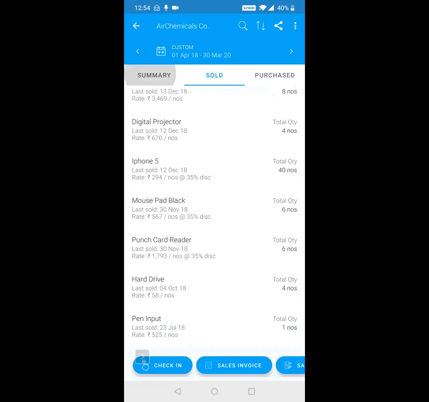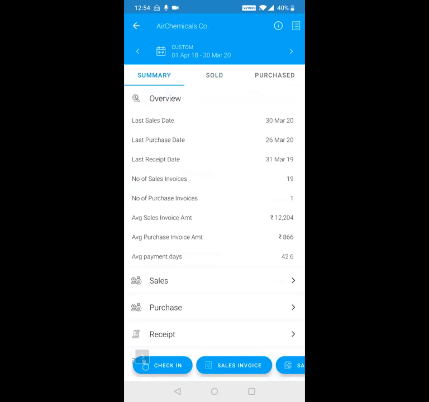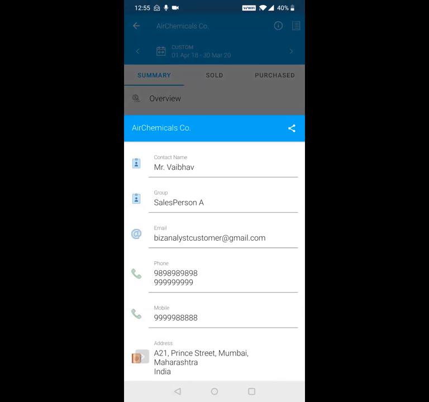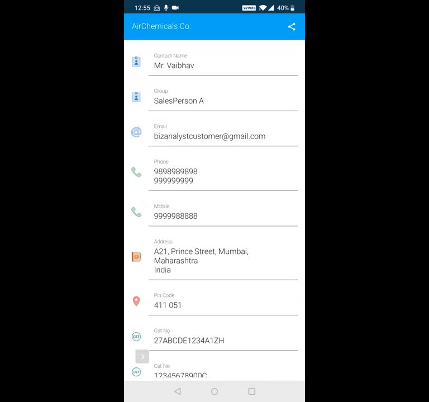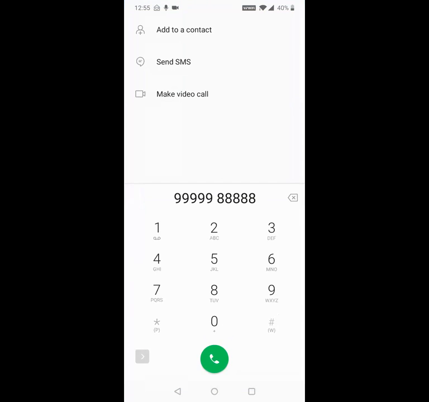Next, in the summary screen, there is an i button at the top. Whatever information you've stored in the Tally Master, you can get it here: address, email address, phone number, office address, GST number. If I want to call this person, all I have to do is click here and I can call this number.